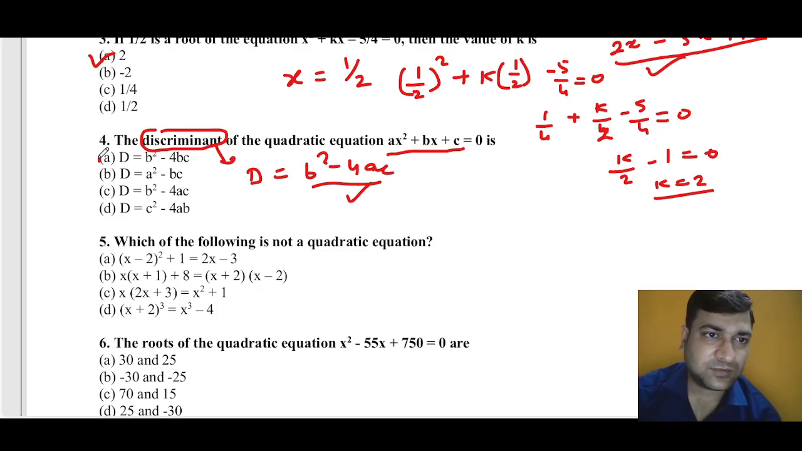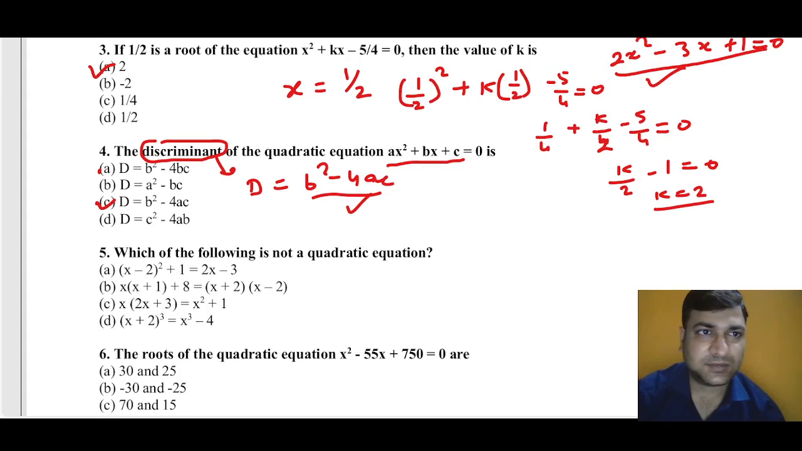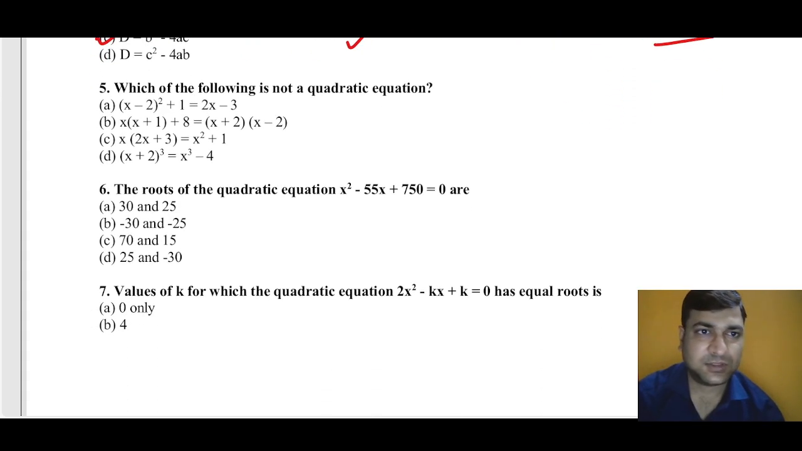So b square minus 4ac, that is option C. Okay. Now, which of the following is not a quadratic equation? Also, that is similar to question number 2. This part is also similar to question number 2. So here x minus 2 whole square means